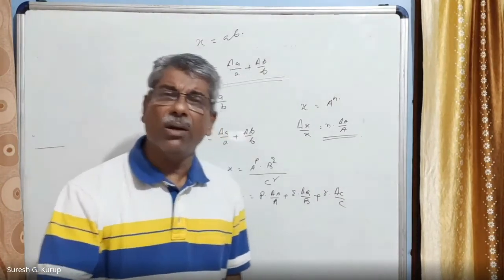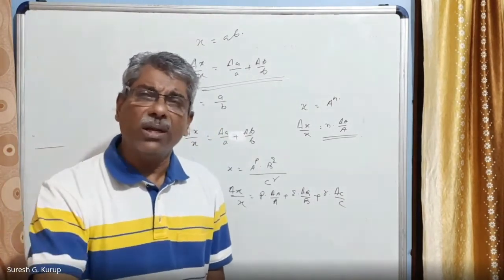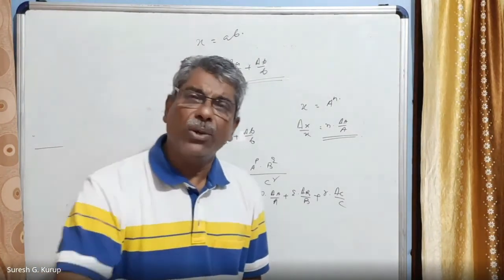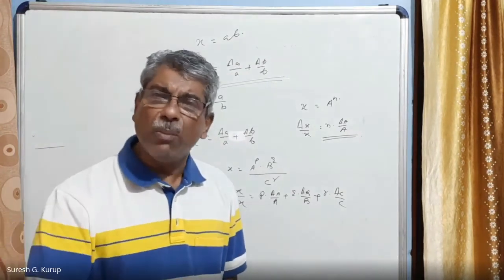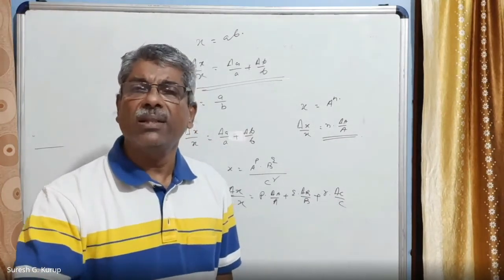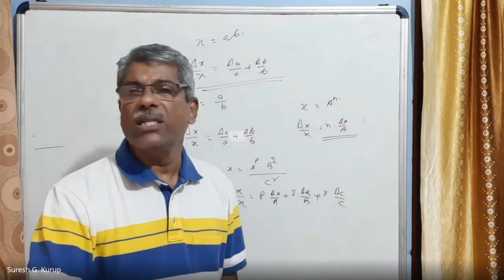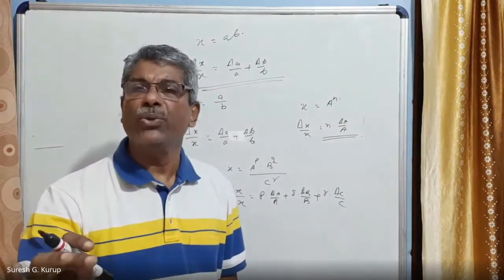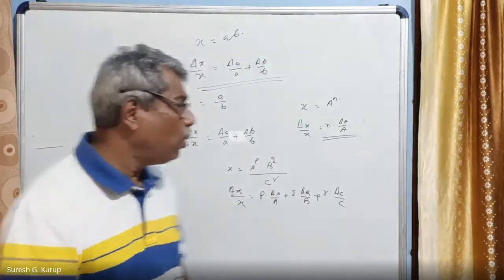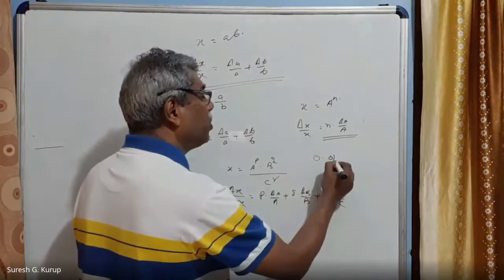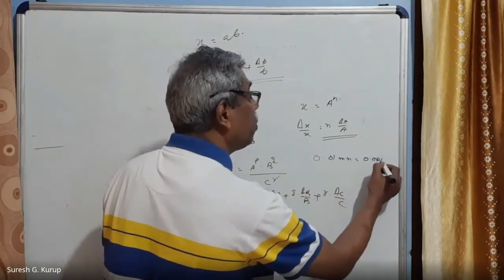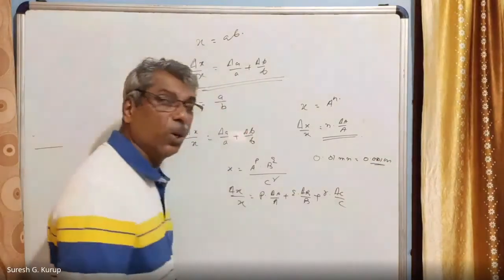A seconds clock, the least count is equal to 1 second. And when you are measuring a length using a screw gauge, what is the maximum error that can happen? Maximum absolute error that can happen in the measurement is the least count of the screw gauge. Least count of the screw gauge is equal to 0.01 millimeter, that is equal to 0.001 centimeter. Right? This is the least count of a screw gauge.